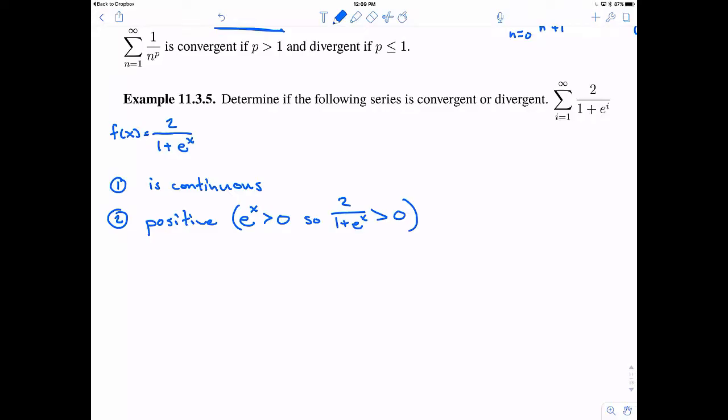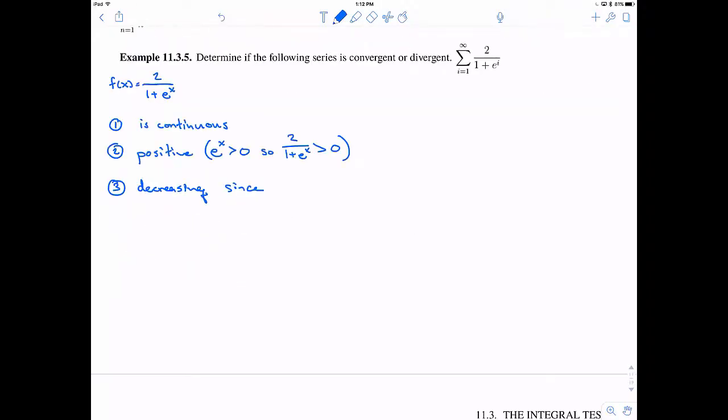Okay, and then finally it is decreasing, and typically the way that we show a function is decreasing is that we show that its derivative is negative. Right? And especially now, this is a mildly complicated function, so let's take its derivative and show that it's negative on the interval from 1 to infinity. So to take its derivative, maybe the first good step is to rewrite our function. Instead of this 2 divided by 1 plus e to the x, which would require probably a quotient rule or something like that,